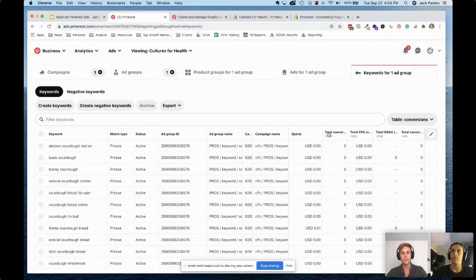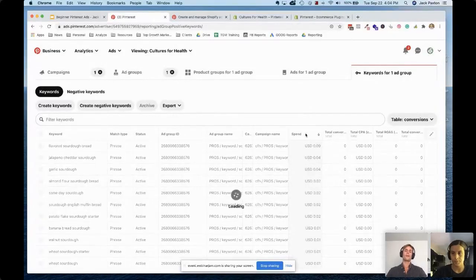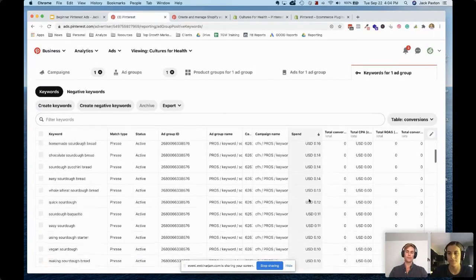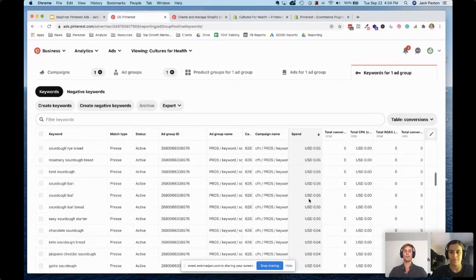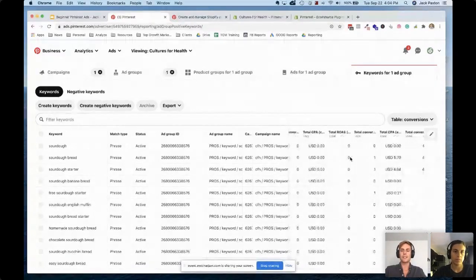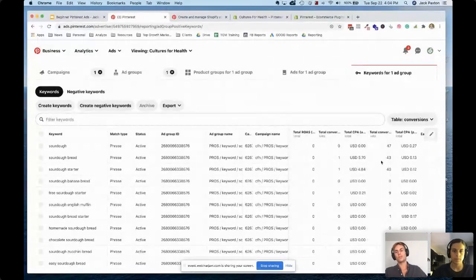Now, you're going to find with keywords it's really a numbers game. So what I mean by that is, let's say we've got like 250 keywords in here. Of those 250, we might find that only 50 of them actually get any spend, because this campaign only ran for a week or something. And so from that, you're going to see that your CPAs are going to be really low on individual keywords, because it's going to be really high intent and really focused on